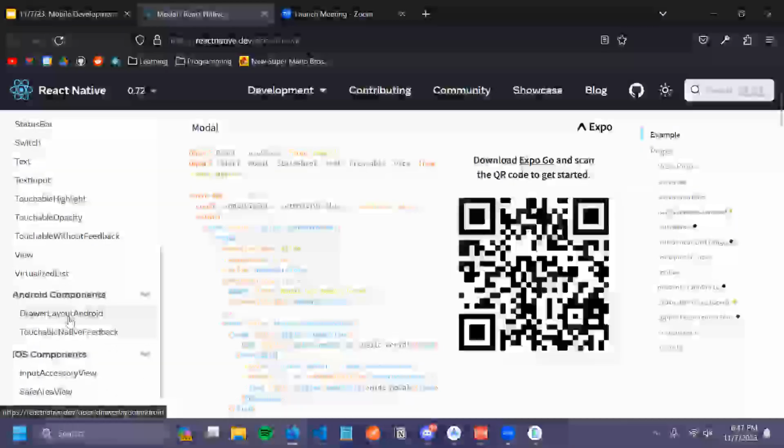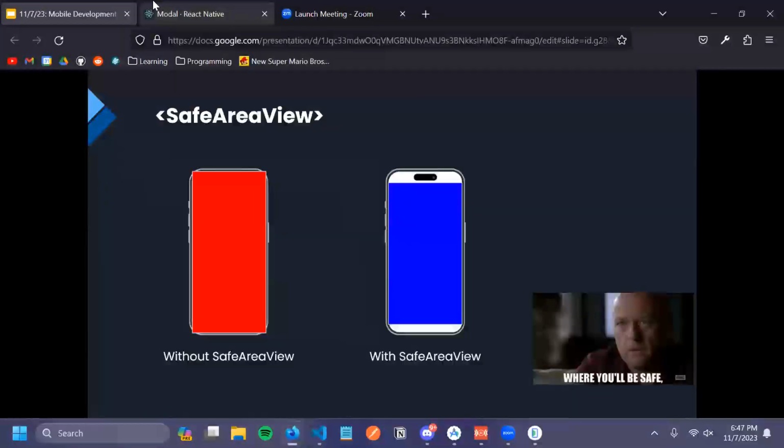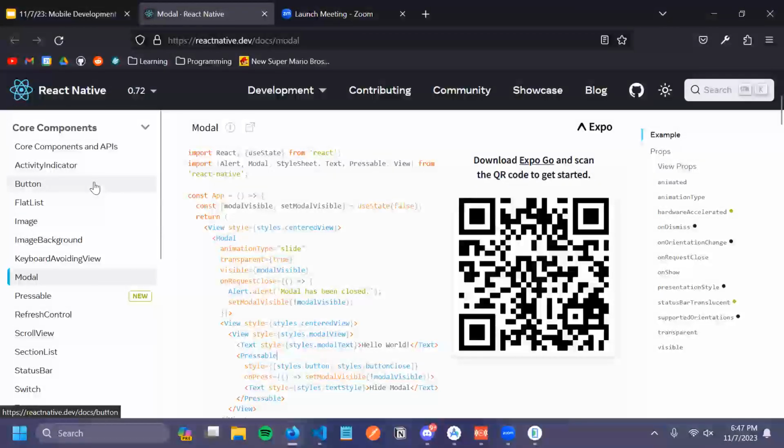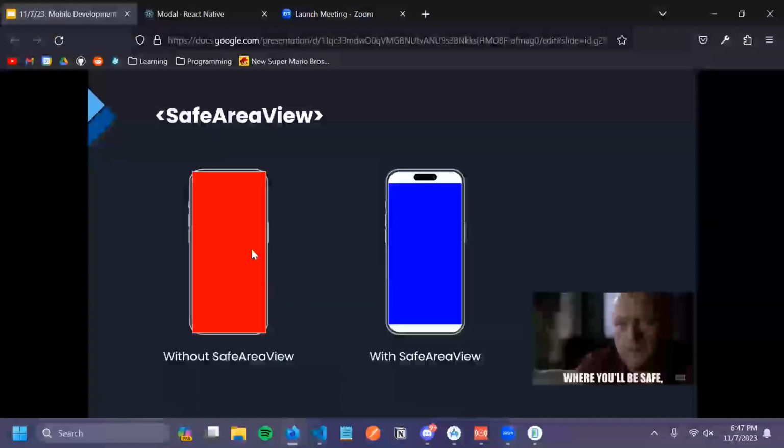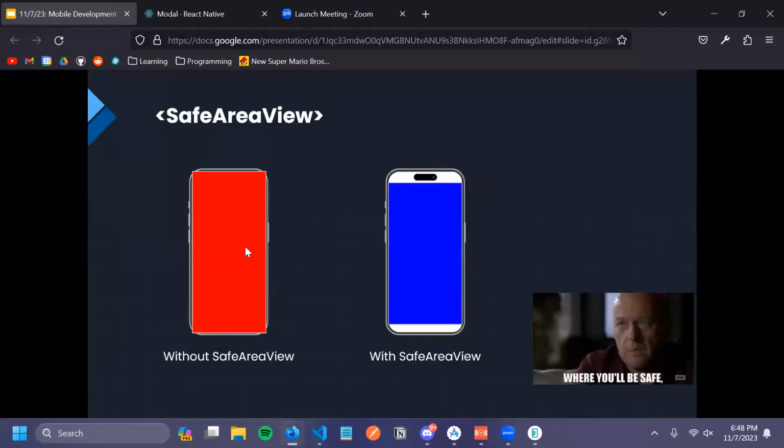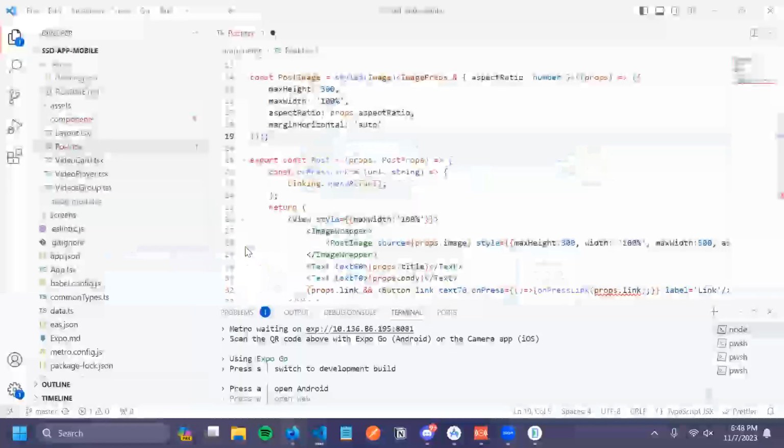So one of the things is SafeAreaView, which basically every page needs, because by default all of the content in a page will start rendering in the very top left. And your phone might have a rounded corner or a camera or a pill or whatever, and so the content in the top left would actually be blocked off. So if you wrap your content in a SafeAreaView,